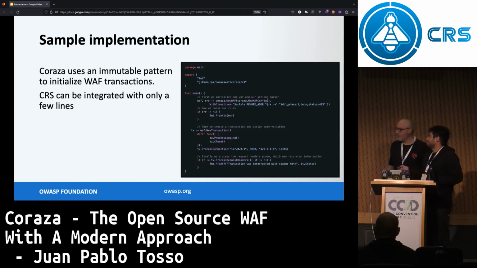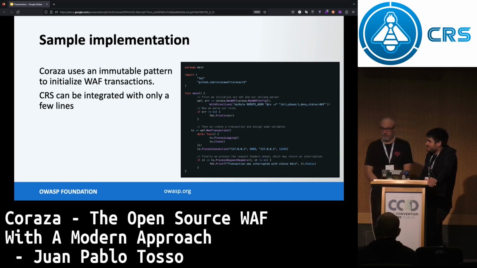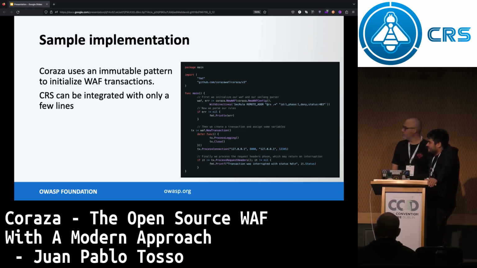Well, so Coraza uses an immutable pattern. So you basically create a new WAF by creating a new config, and this new config has a set of instructions that can be used. You could literally change any of the directives using the helpers, or you can go directly to the with directives function, which will give you access to evaluate ModSecurity SecLang. You can look for errors in the result, and then you have a transaction. A transaction is born from any WAF instance.